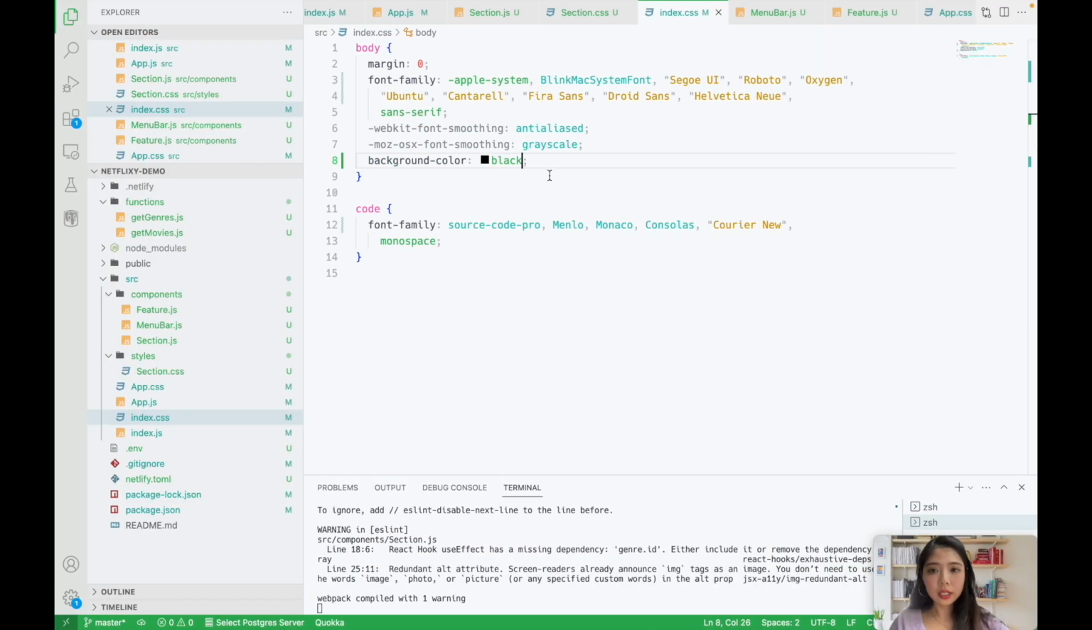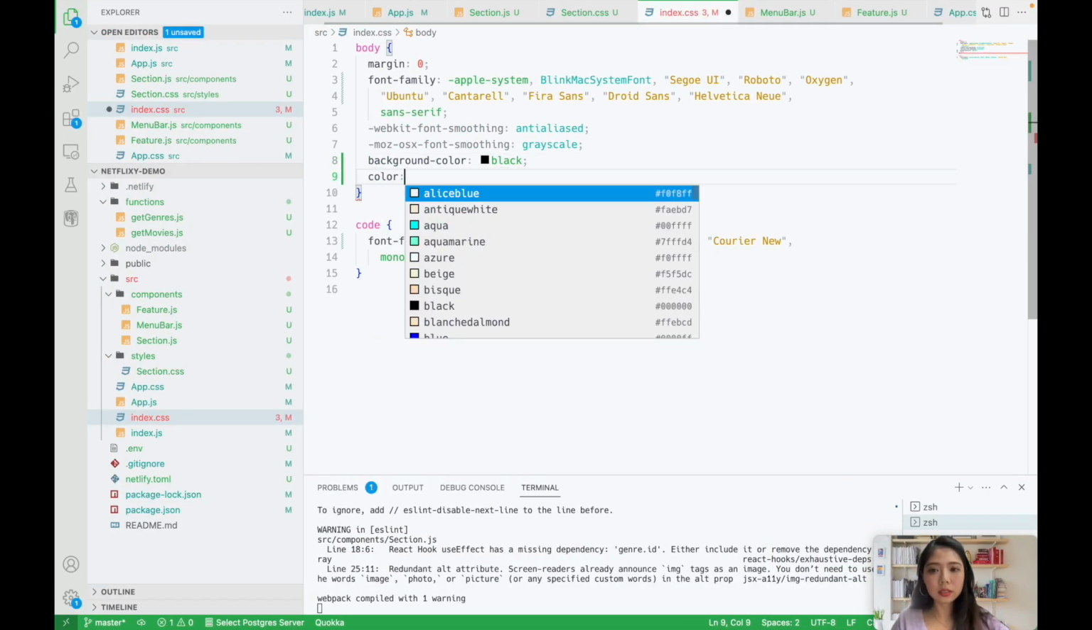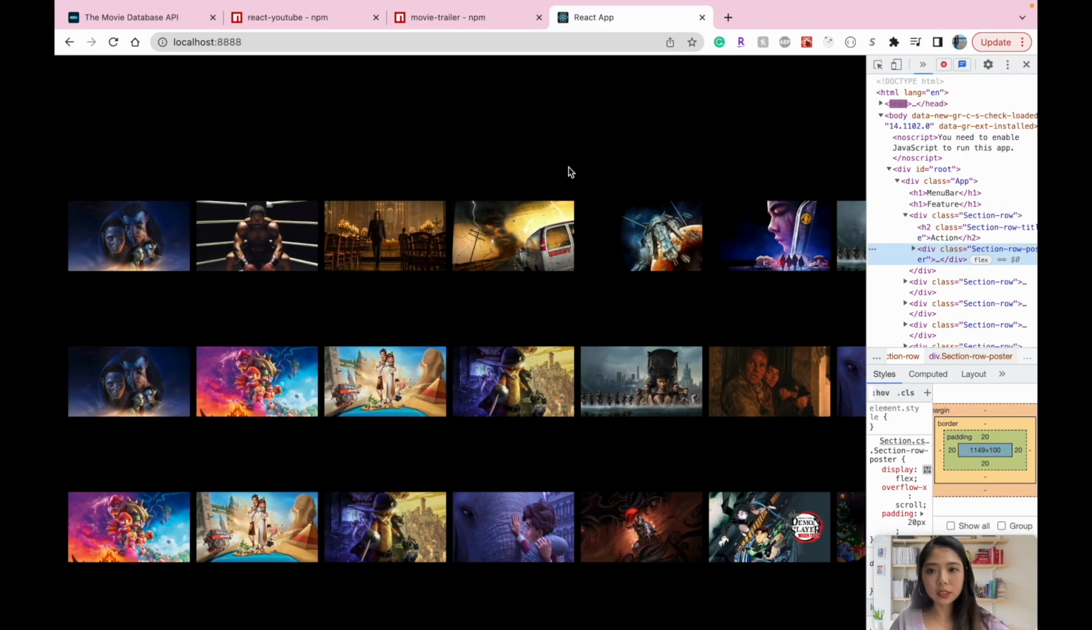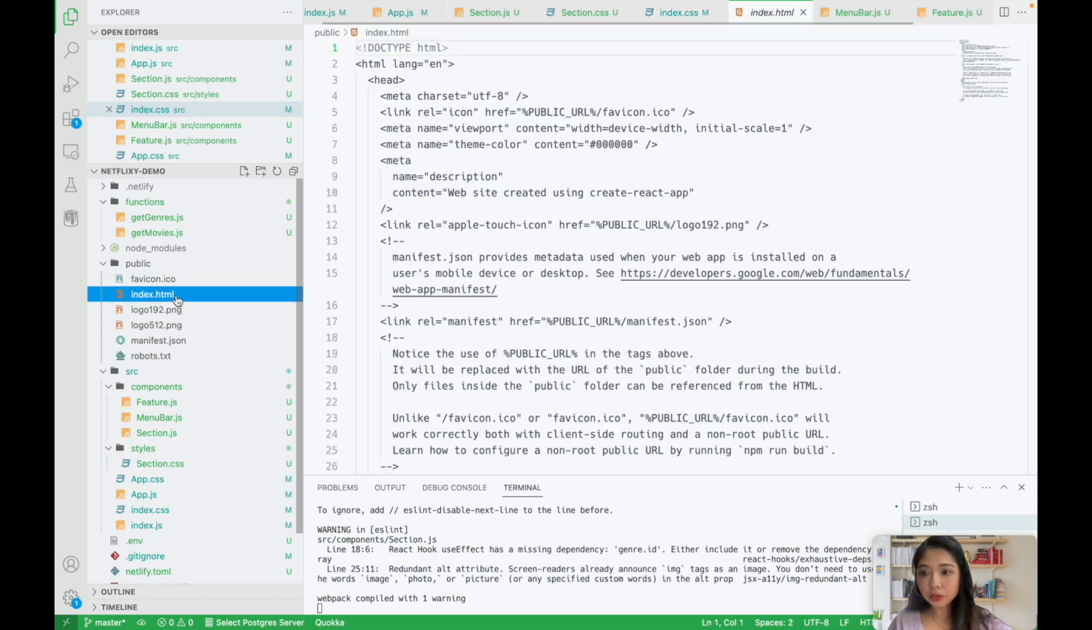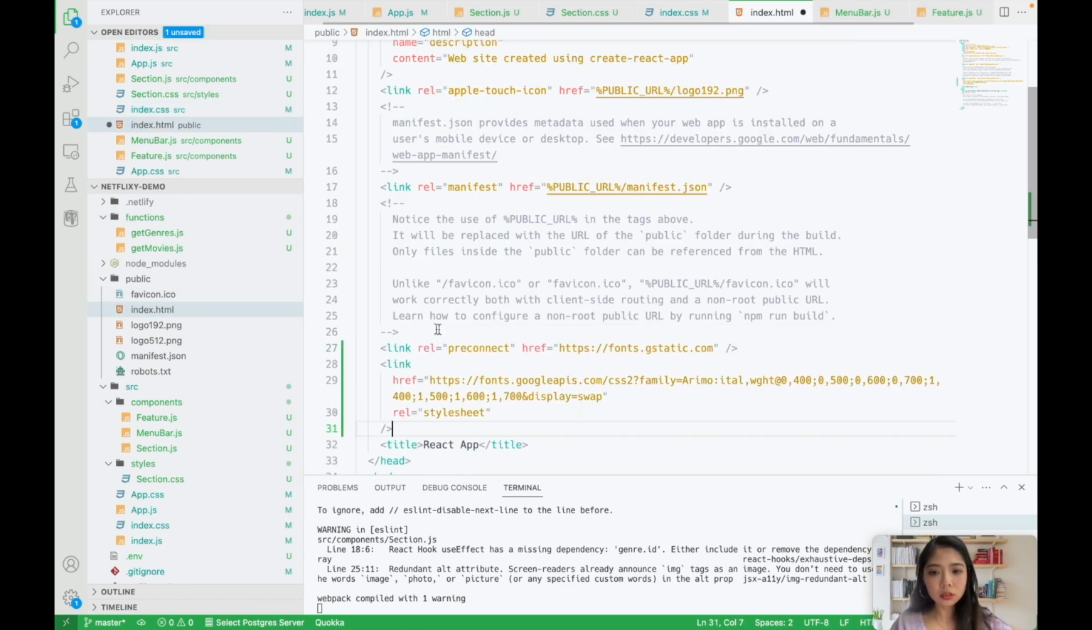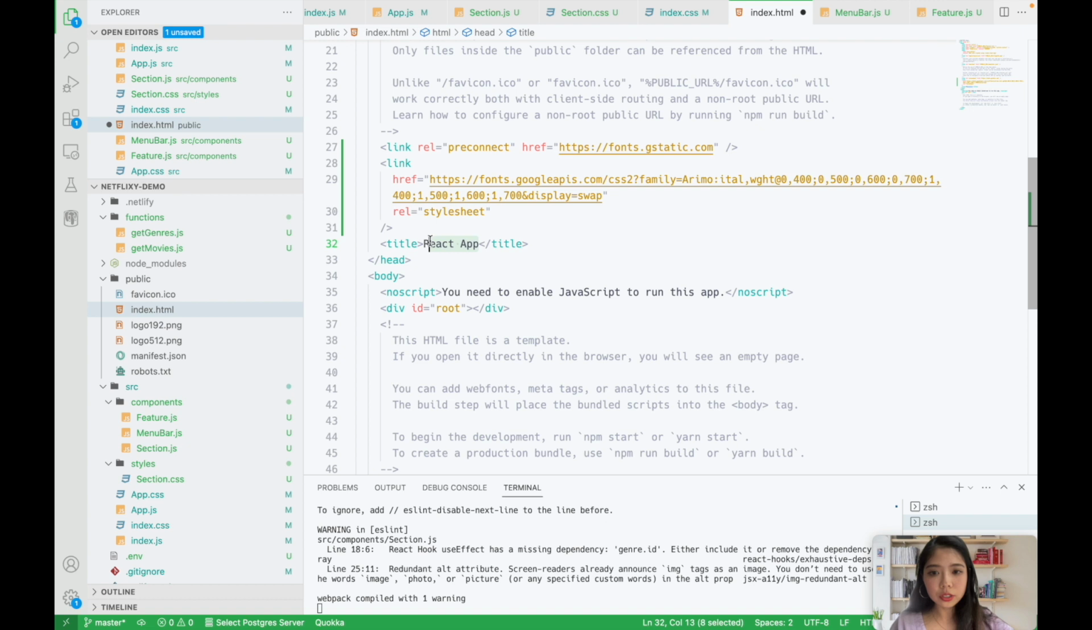Okay, and do color. Let's do the white color for the text. Actually, I kind of want to change the font. So let me find the font from Google Fonts and change it in a CSS file. The font I found is called Remo. So I'm gonna put it here and go to our index HTML, put the Google font there. And since we're here, I'm gonna change it to